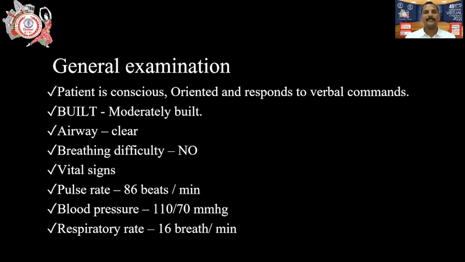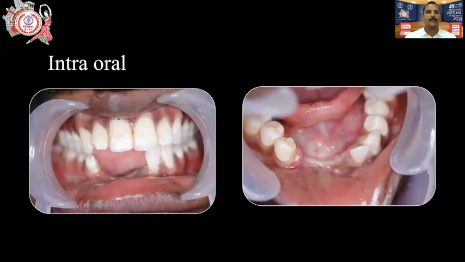The patient underwent a general examination. The patient is hale and healthy and doesn't have any abnormalities. Coming to the intraoral features, due to this accident, the patient had a severe vertical bone loss. And when we view from the occlusal surface, we can see the patient has an obliterated sulcus, which means the attached gingiva is very little in that area.